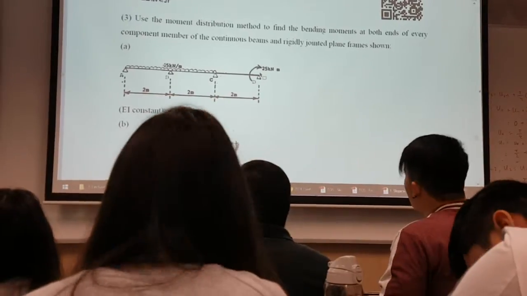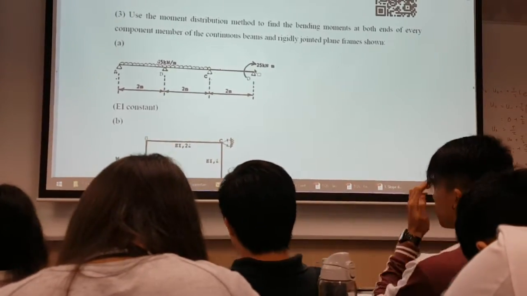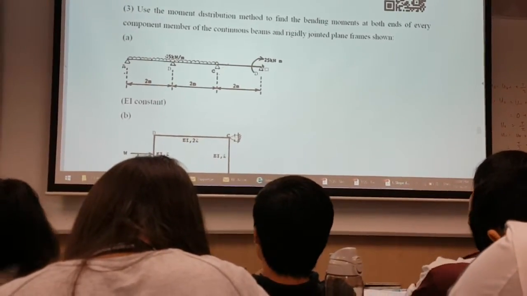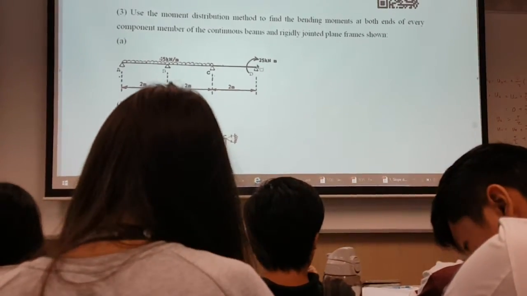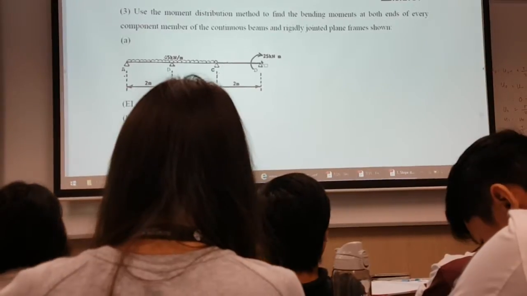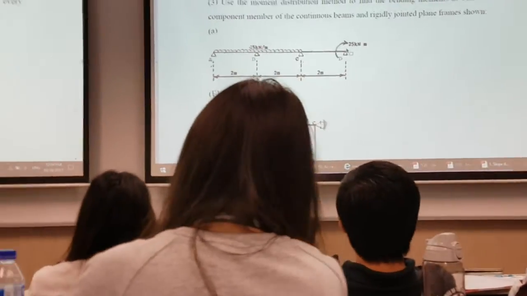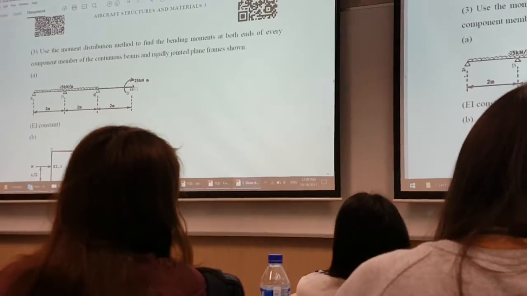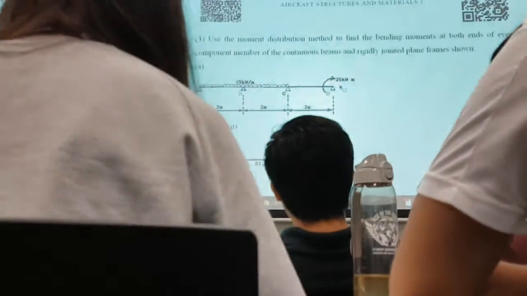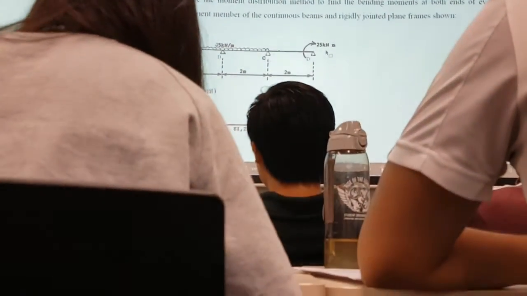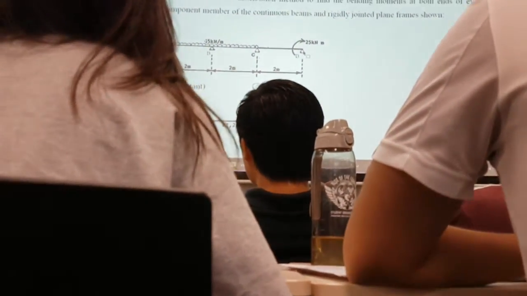Alright, so for this case, what sorts of loading conditions does this particular question have? How many types of loading conditions? Does it have loading on a node? Where is it? It's actually at node B, because the bending moment of 25 kilonewton meter is directly loaded at node B. So this is a direct loading on a node.